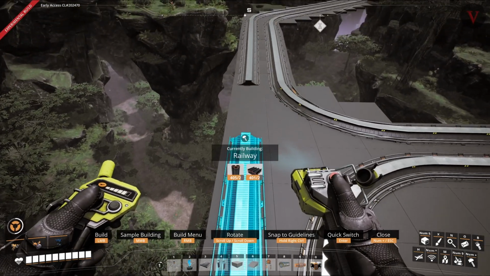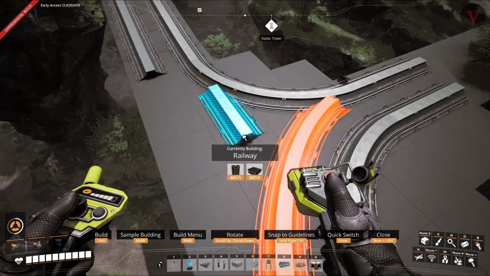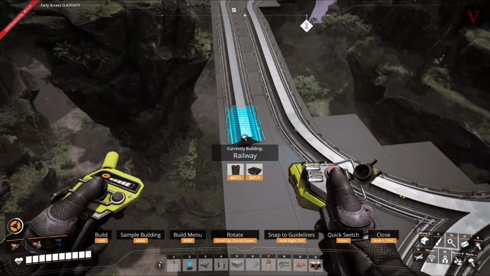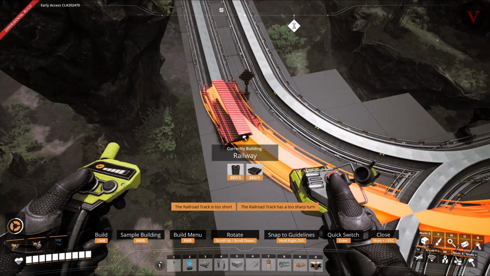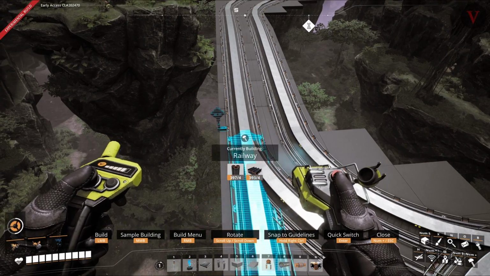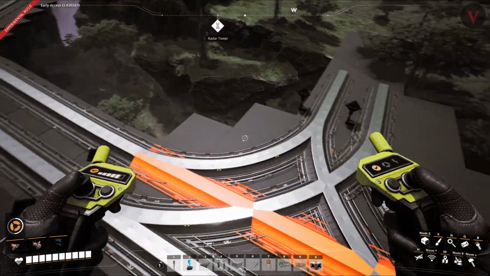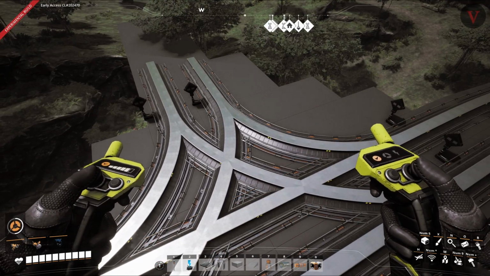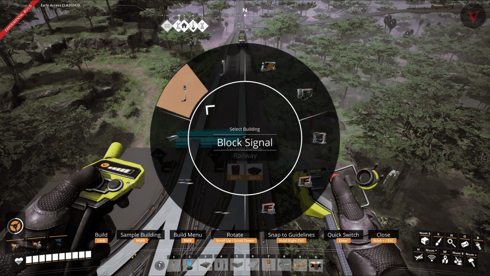1, 2, 3, 4. And this should already match perfectly. Look at that. 1, 2, 3, 4. Perfect. And then don't forget to reconnect your straight line. There you go. There's your merger. Done. Just like that. Of course, you're going to want to put blocking signals on it, but that's